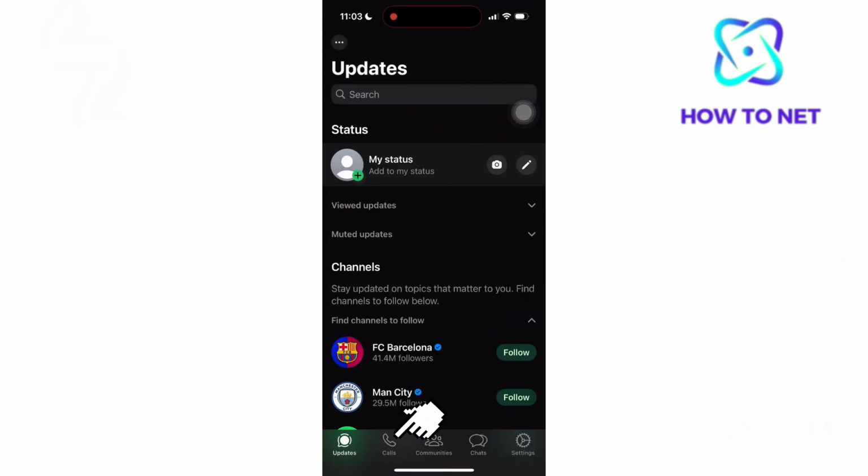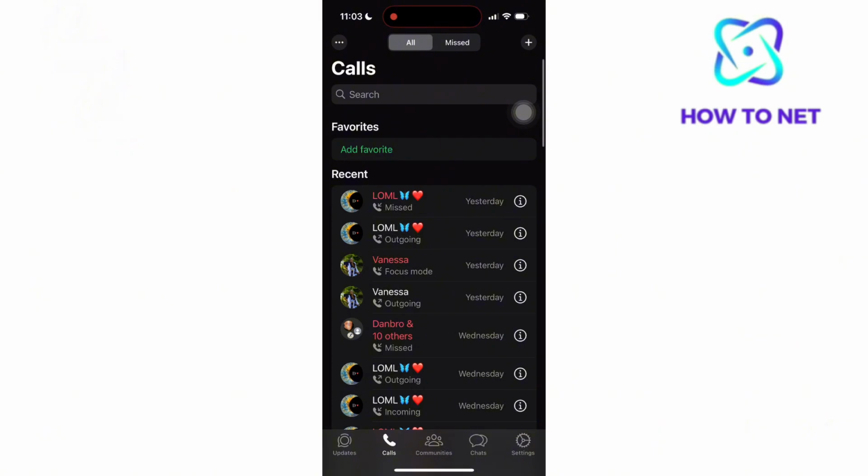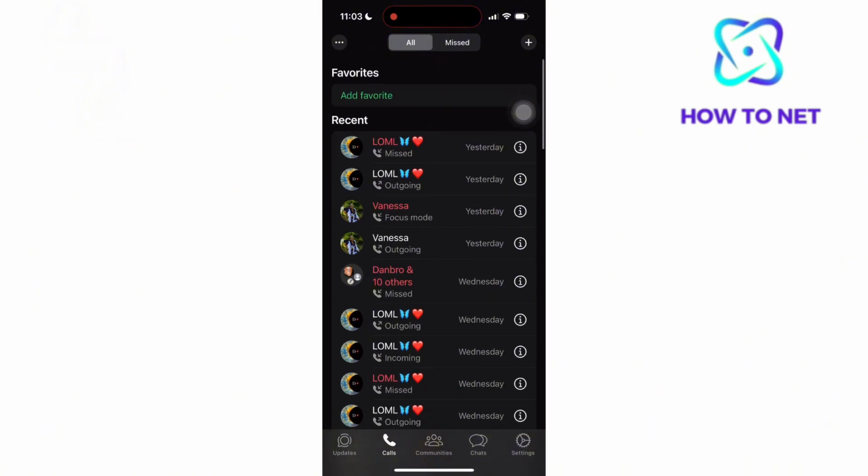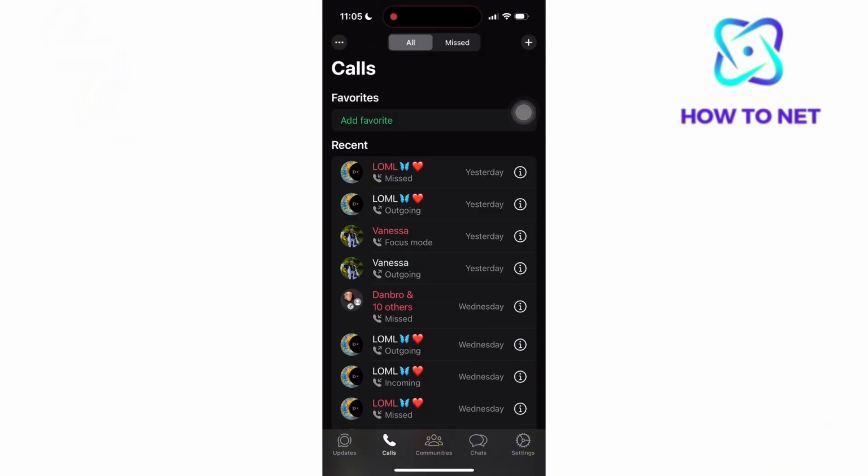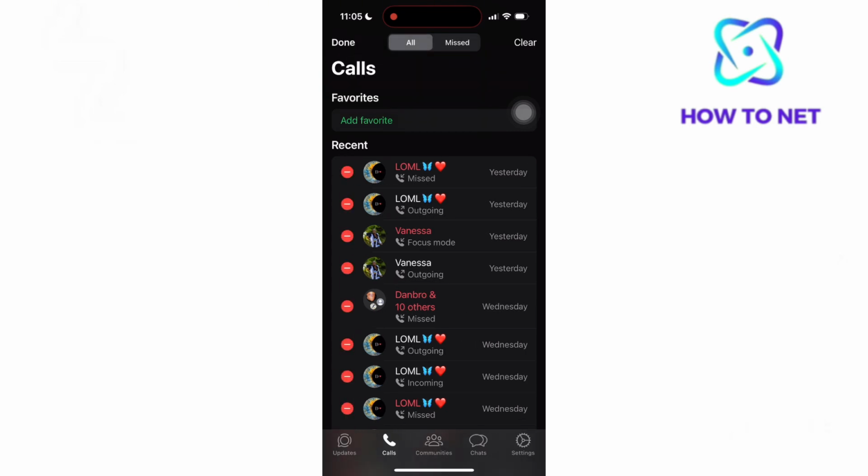To do this, simply head to your WhatsApp. Head to the Call tab right here. Now these are all my WhatsApp call logs. To clear them at once, simply tap onto these three dots on your upper left. Select Edit. You can clear one at a time or simply tap on Clear to clear all the call history